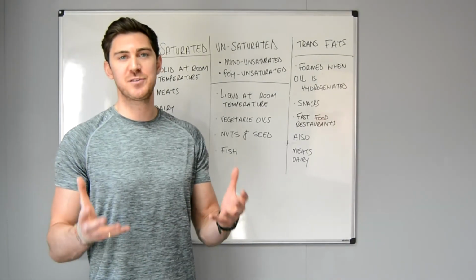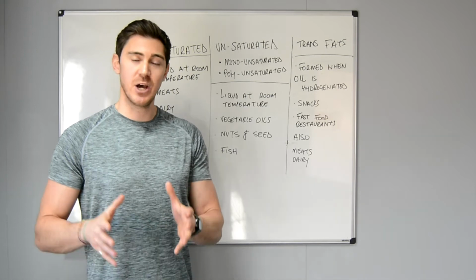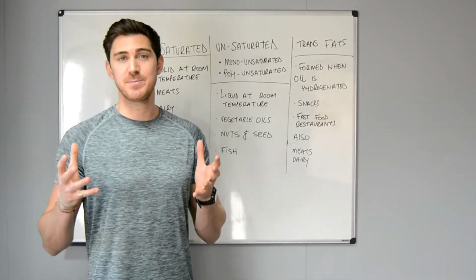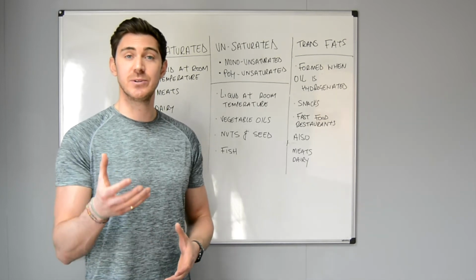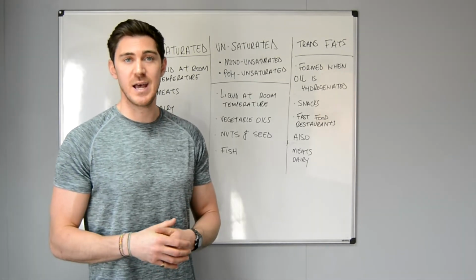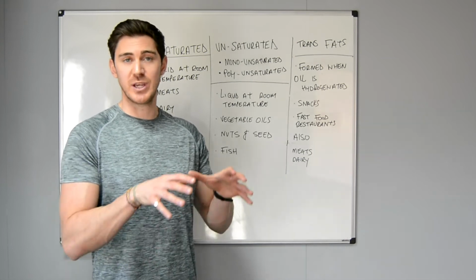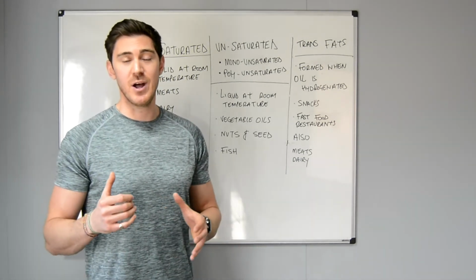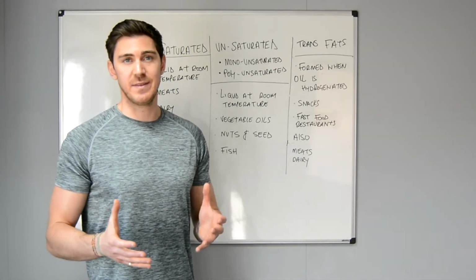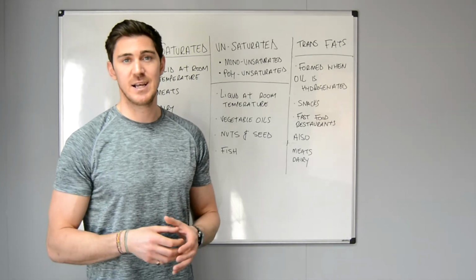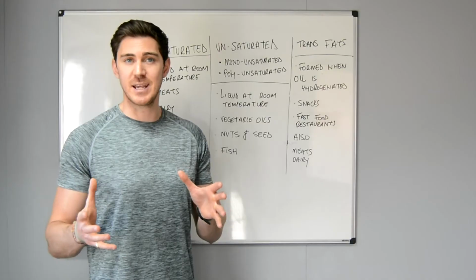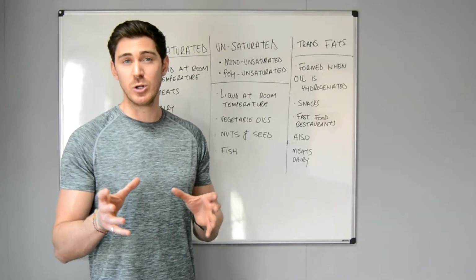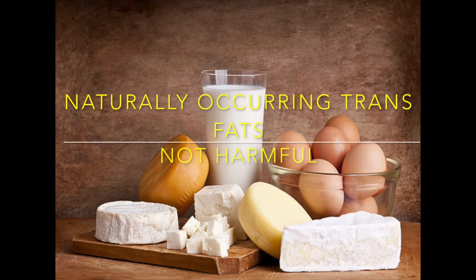And finally we have trans fats. Now trans fats are when an unsaturated fat has been put through a process of what's called hydrogenation. This is normally done to try and prolong the shelf life of certain foods, and although we don't use this process as much here in the UK as we do in America, there are still certain foods that we do eat that contain traces of trans fats, like different types of snacks like crisps and donuts, different takeaways, and they are contained in small amounts in certain meats and dairy products.